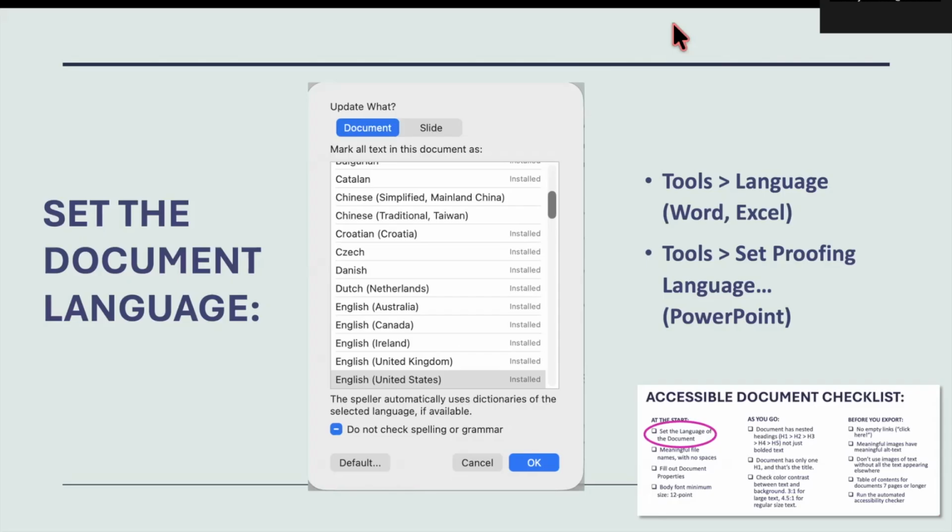So you think about other people who are maybe working on a Dell laptop where they have it set to Spanish, or they are on their Android phone and they're using Cyrillic, the alphabet that you use for Russian, for instance. So setting the language of your document allows both an OS and a screen reader to know which set of rules to apply to the document. Screen readers work the same way as the OS in that they need to consult a specific set of rules to determine how to deal with text. So you're going to need to set the language of the document.